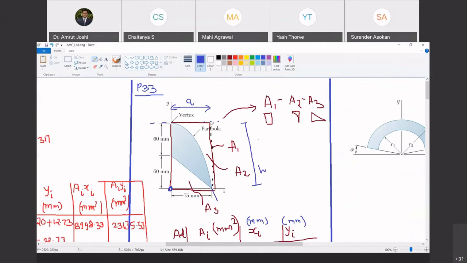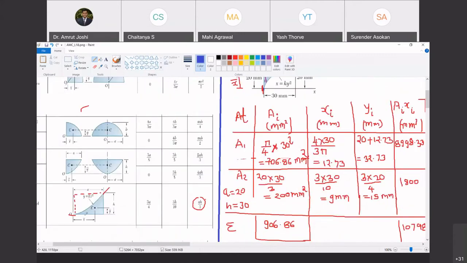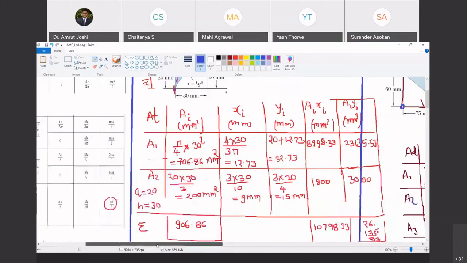So we have A measured like this as per this figure. Do you agree with me? Yes. A is measured parallel to the tangent at vertex. So A is measured along that, and H is measured perpendicular to it. So therefore, X bar is also going to be along this direction.